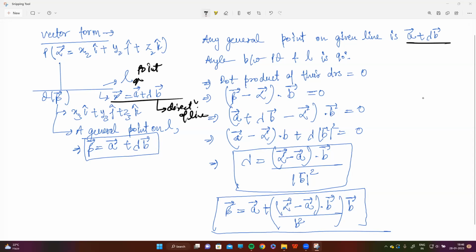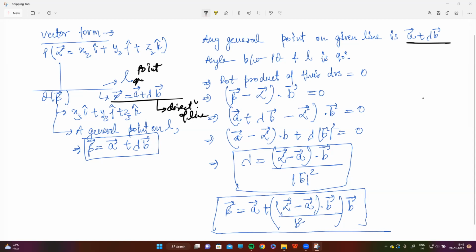This point, the point for which you are finding the perpendicular, minus the point that is already lying on the line, dot with the direction of the line b, divided by mod b squared. That is how you can find the value for lambda, and that specific lambda will give you this value